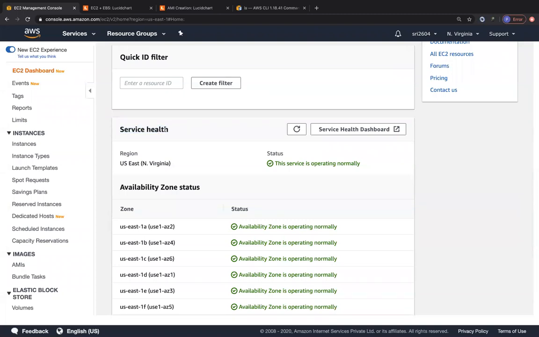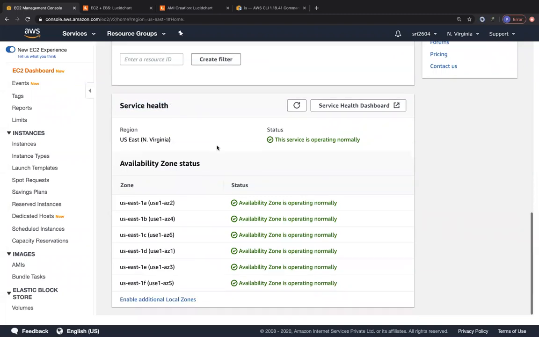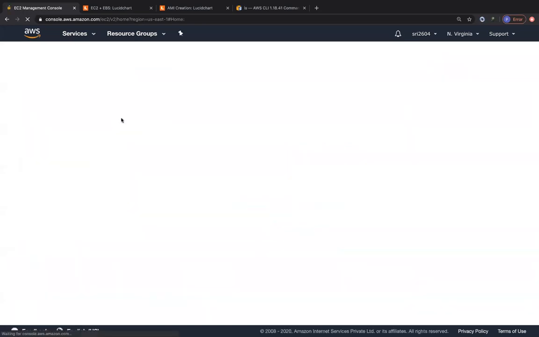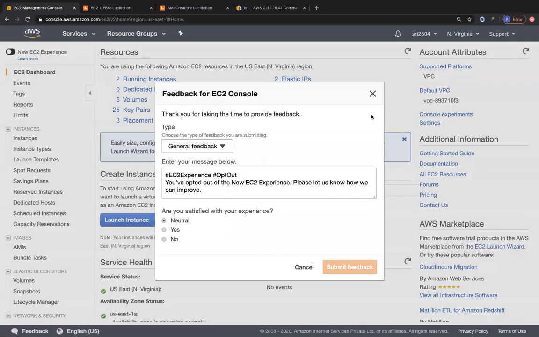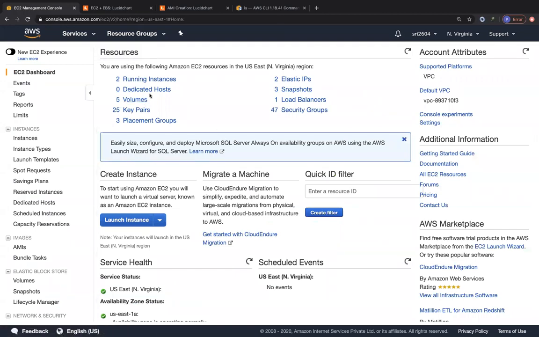Very, very important to note, because service health is something that gives us information about whether the region itself and including its availability zones are working properly or not. Okay, so it's monitored by the service health dashboard, but then they have taken a small snippet from there and put it over here under the EC2. Okay, so this is the new experience. There is also an old experience to EC2, which you can toggle over here and go back to the old dashboard. It's a pretty bad dashboard, not a nice UI friendly dashboard. So I always like the new one.